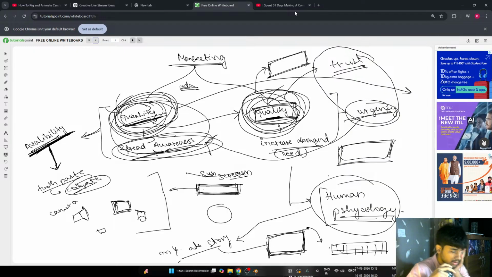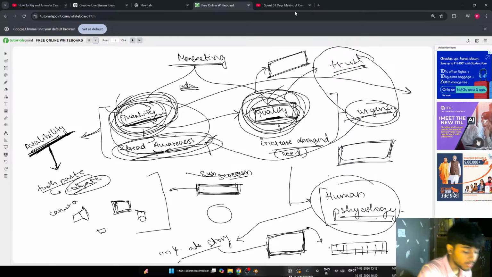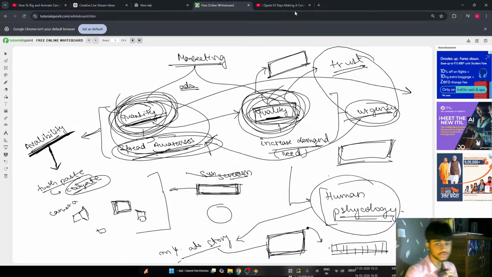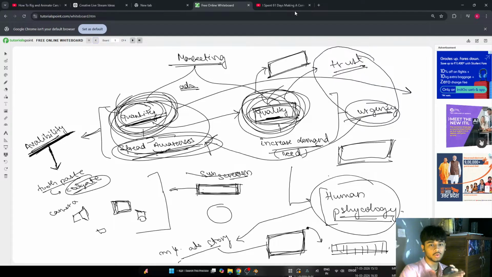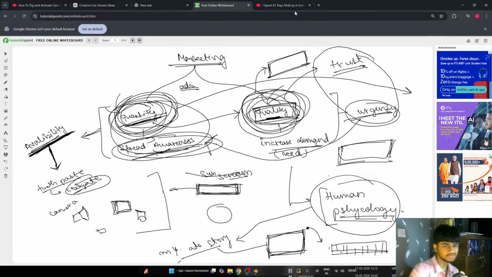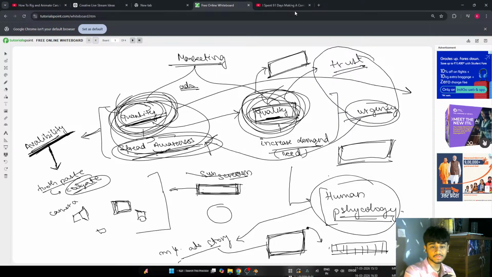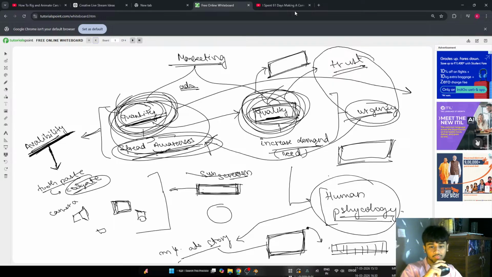Today it was not much, but the only thing I wanted to talk about was why most ads feel cheap, and this was the reason. They don't feel cheap, but the ads which you think are feeling cheap, the reason behind them is these two things. If you're not focusing on spreading awareness and increasing the demand, need, or trust with the audience or the customer you are targeting, it's just a waste of time, and it's not worth whatever you are doing. Just focus on these two things.